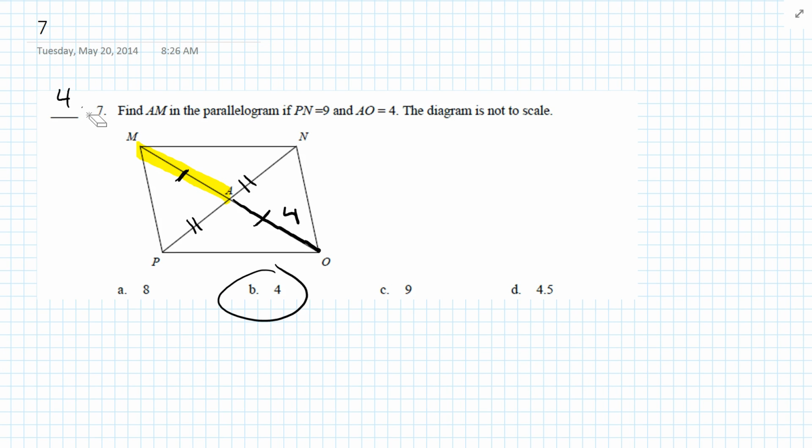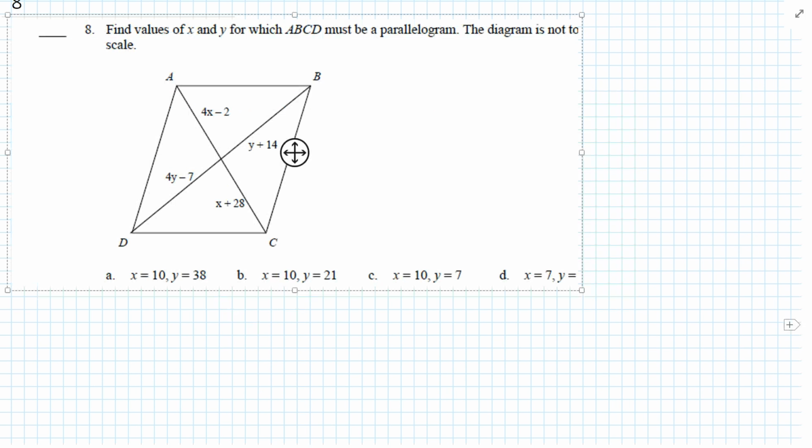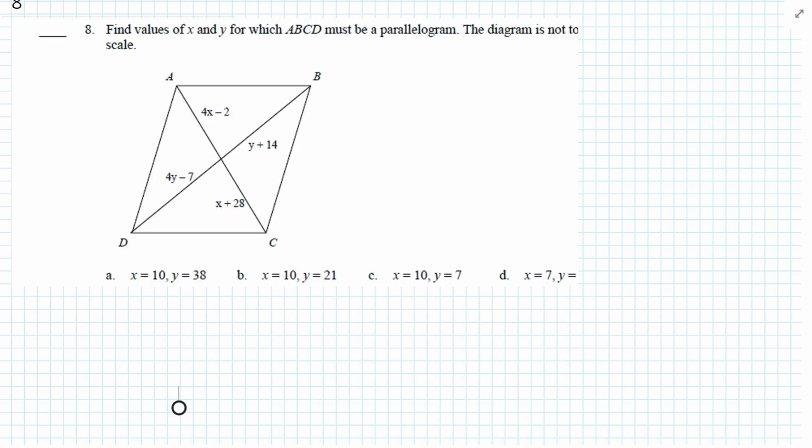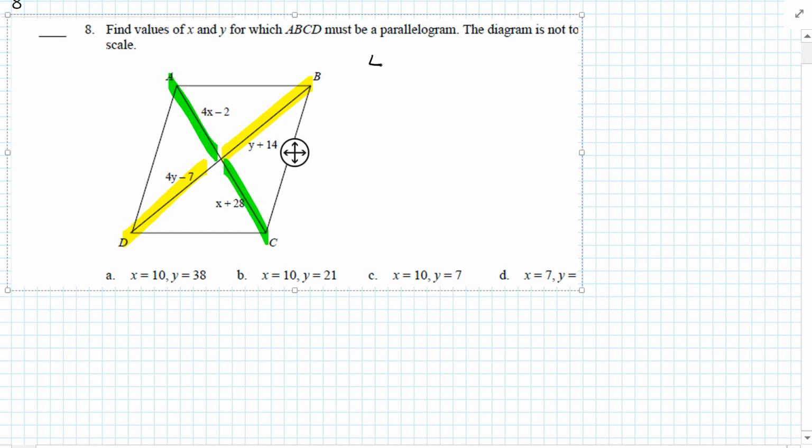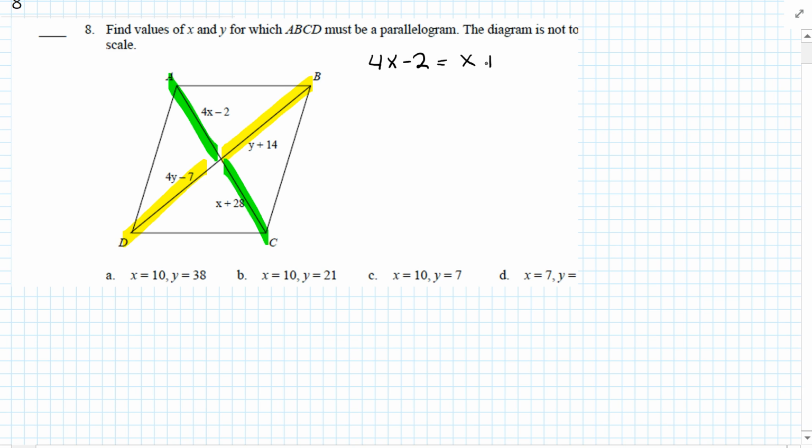So you'd put B up there, not 4. Okay, number 8. Find the value of x and y for which ABCD must be a parallelogram. So again, what we just said before, the diagonals must be congruent. So we can say 4x minus 2 must be equal to x plus 28,